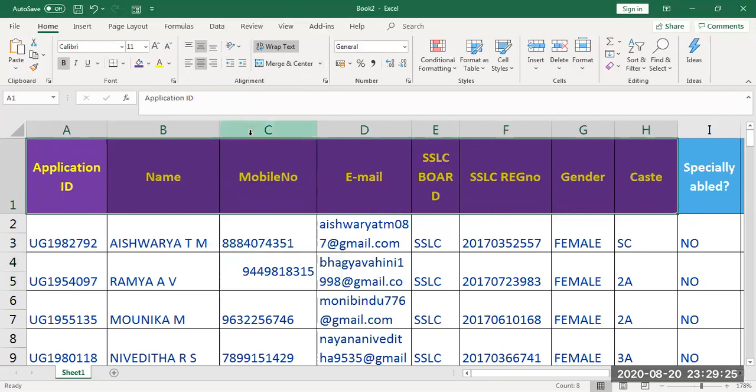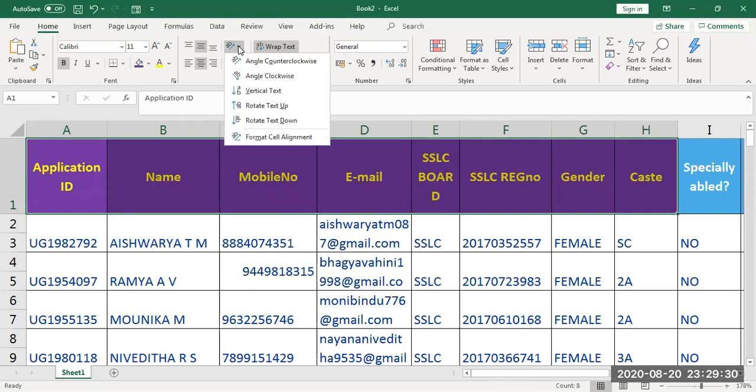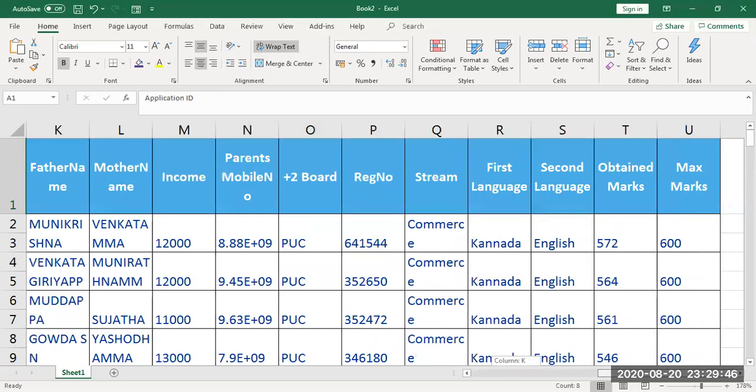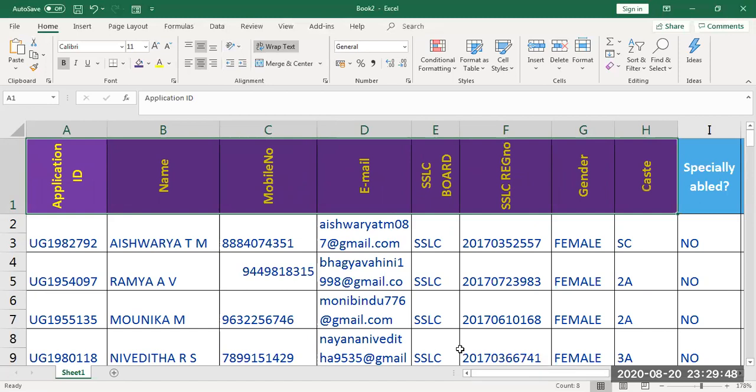Apart from this, I want my headings to be placed in a here now it is placed in a horizontal way. Apart from that, I want to place in a vertical way, means I can go to this option and make it, so here you can place the values in this position also. When you have a table structure, bigger table structure, and you need to adjust in a one single sheet, then you can use these kind of option and you can adjust.